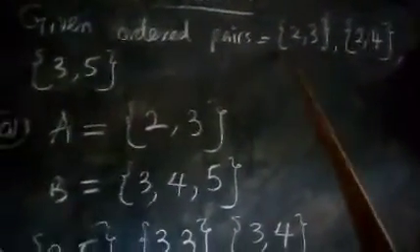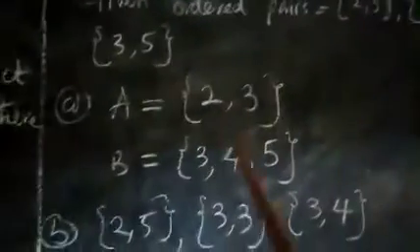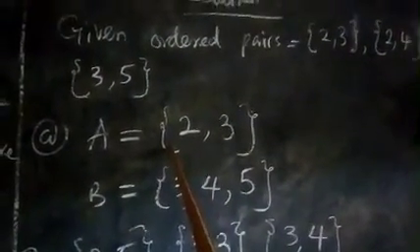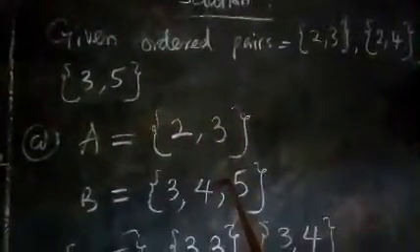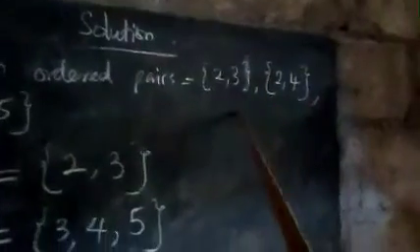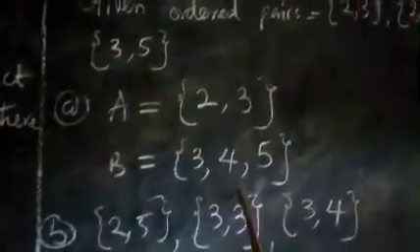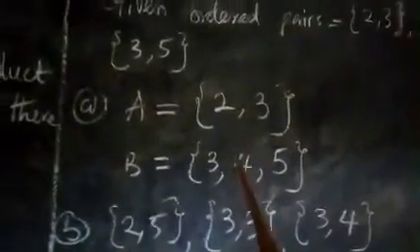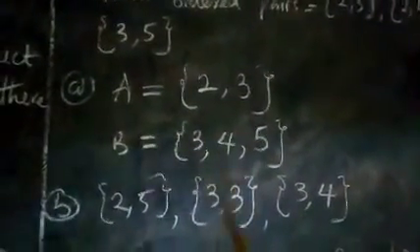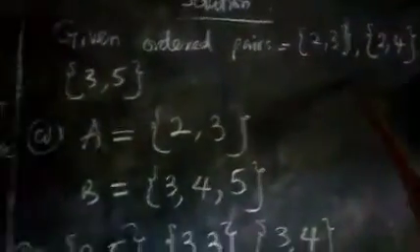Having this, definitely the first values are from set A. So 2 will be in set A. Then we have (3, 5), so 3 will be in set A too. So in set A, we have 2 and 3. Then in set B, we have 3, 4, and 5. That is what we have in set B too. So it is when we merge the elements together one by one, as we normally do, that we can get something of this nature.